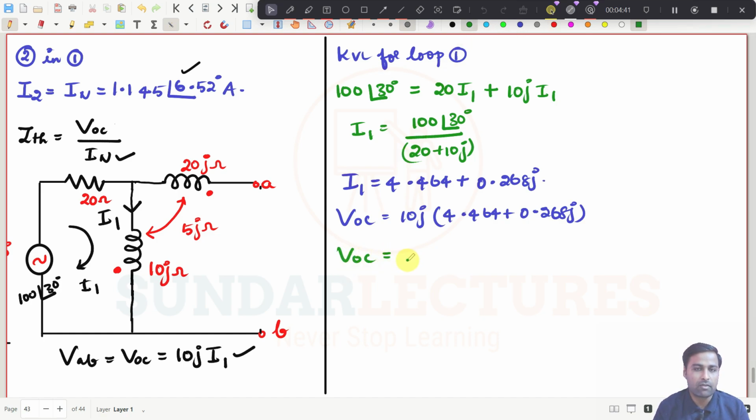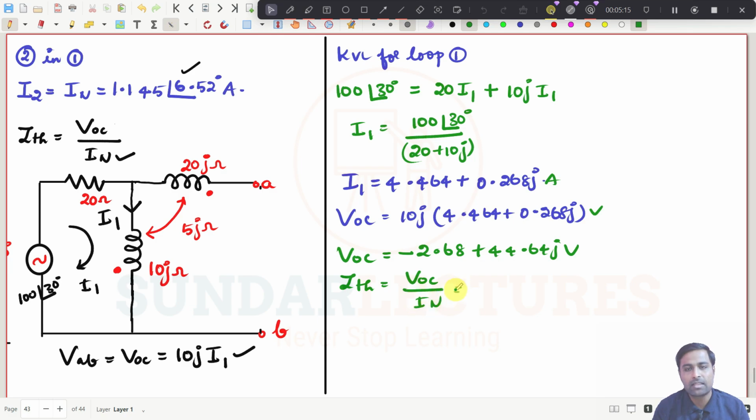So simply if I do so, this is VOC. What is the VOC I am getting here? It is minus 2.68 plus 44.64J volt. This is ampere and all those kind of things, right? So now this is the value of VOC. And what is EZN now? EZTH can be found out by VOC divided by IN. I have written here EZTH anyhow. This is EZTH, which is equal to VOC divided by IN. See this one, this is minus 2.68 plus 44.64 divided by